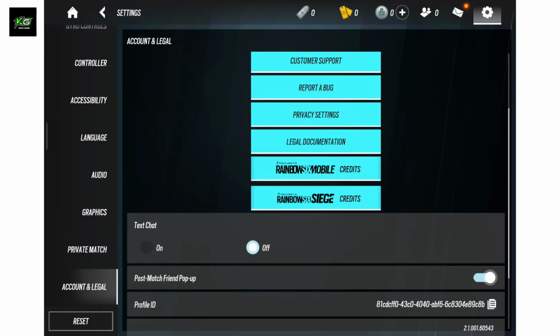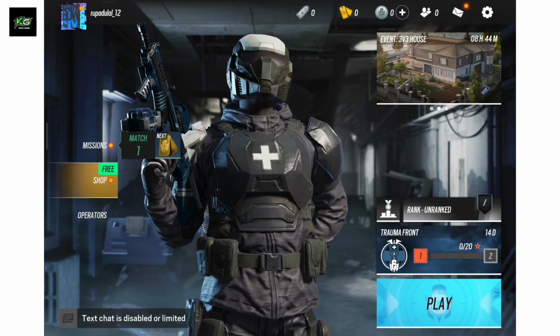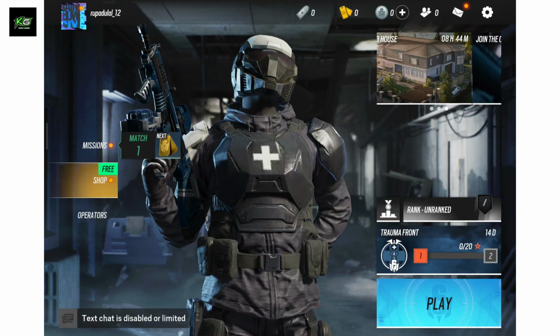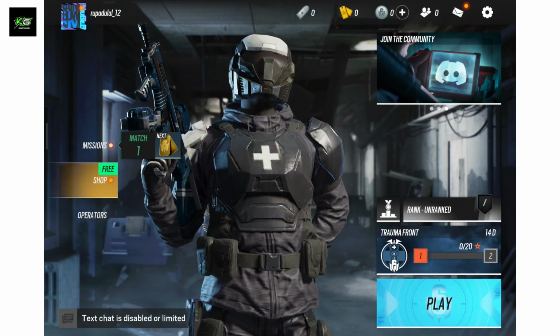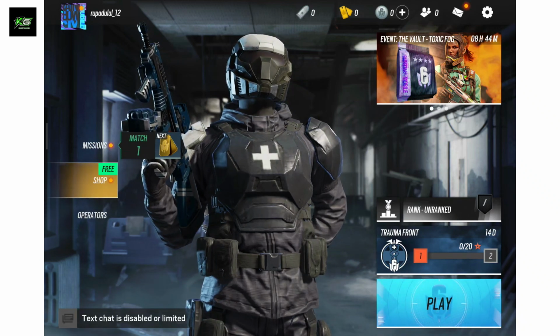Once you turn this off, you can now head back to the home page and you have successfully disabled chat in the game. Disabling text chat in Rainbow Six Mobile helps you stay focused on gameplay, strategy, and clutch moments